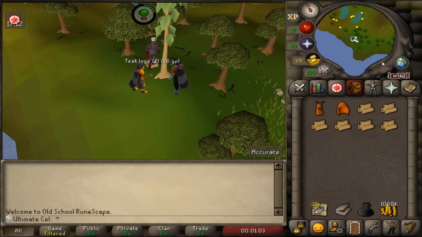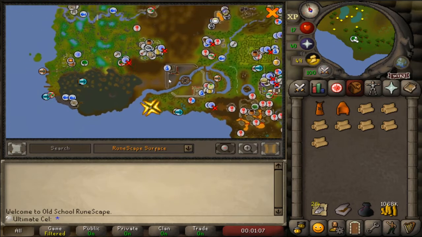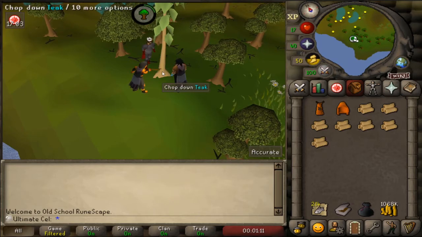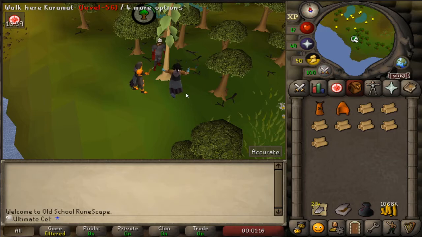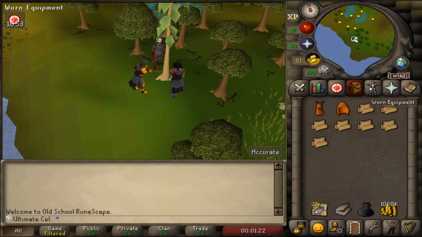We are sitting here at the Castle Wars teak tree. Could not find a world that had nobody in it, so I'm settling for crowding this tree with these other 3 fine folks here. Anyways, I am collecting some teak logs in order to make some house upgrades, so that